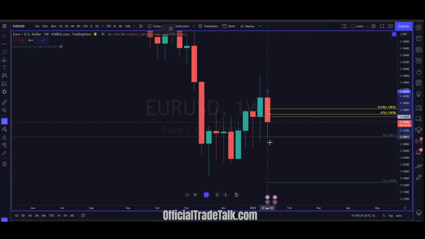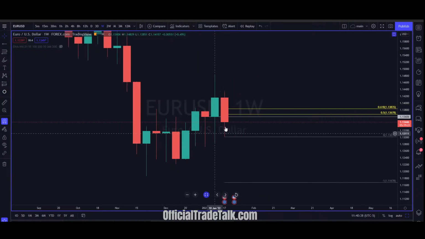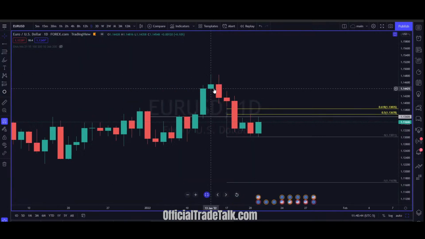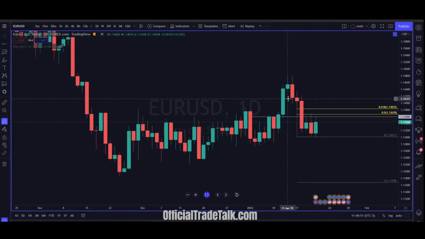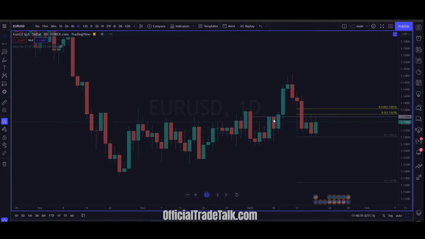We're looking for bearish entries, but we're going to focus only on these two places, more so than we will on the weekly zone. There are no daily levels inside of that to take positions off of. That would make my job a whole lot easier. Let's go into a smaller time frame.